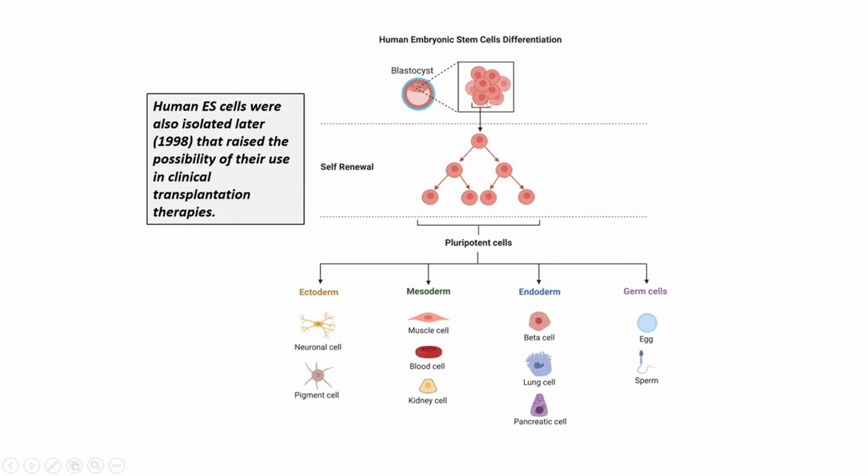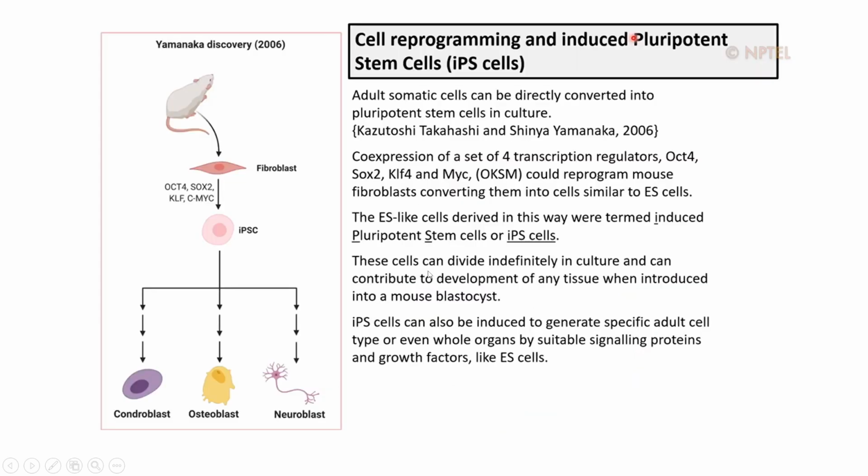And you can also culture these blastocysts and promote the growth of these cells. And you can have the possibility of clinical transplantation by using these cells. For example, in certain conditions, if in certain humans muscle cells are not there, then you can grow and stimulate these embryonic stem cells, and promote muscle cell growth in that population. So you can use that. Now, that was regarding the blastocyst.